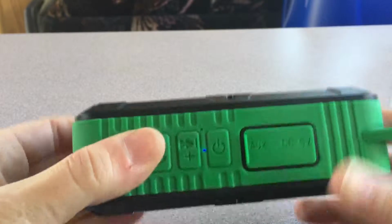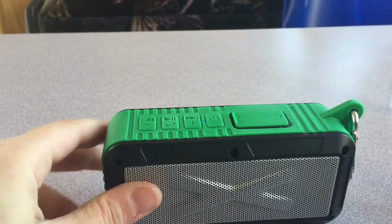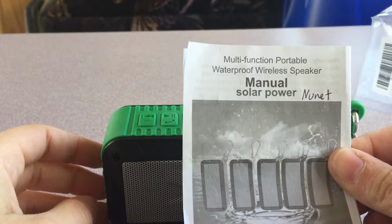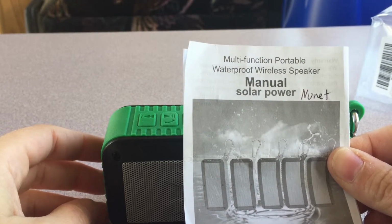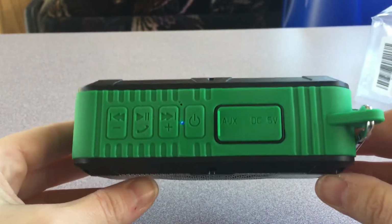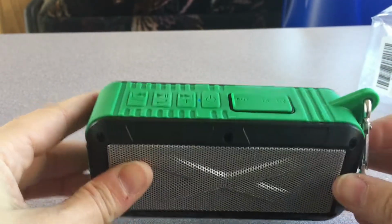We think it's durable. We did not get a chance to test out the waterproof functionality, as it mentions here. I'm always leery when I see waterproof, especially with electronics. I mean, certainly we have water resistant electronics, but waterproof meaning that we can take this and submerge it in a bucket of water and it's still going to work. I don't know that that's true. I didn't want to find out. So anyway,